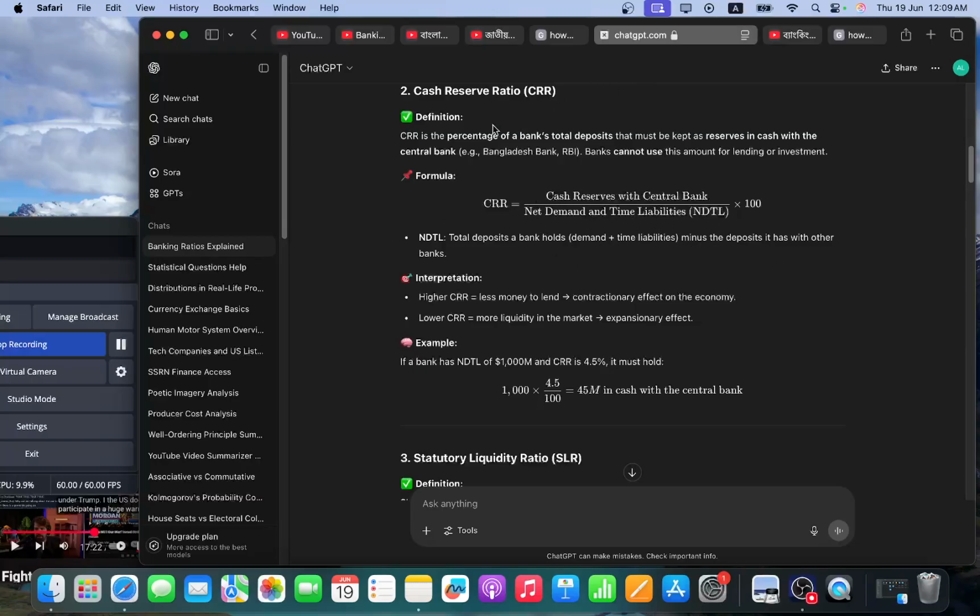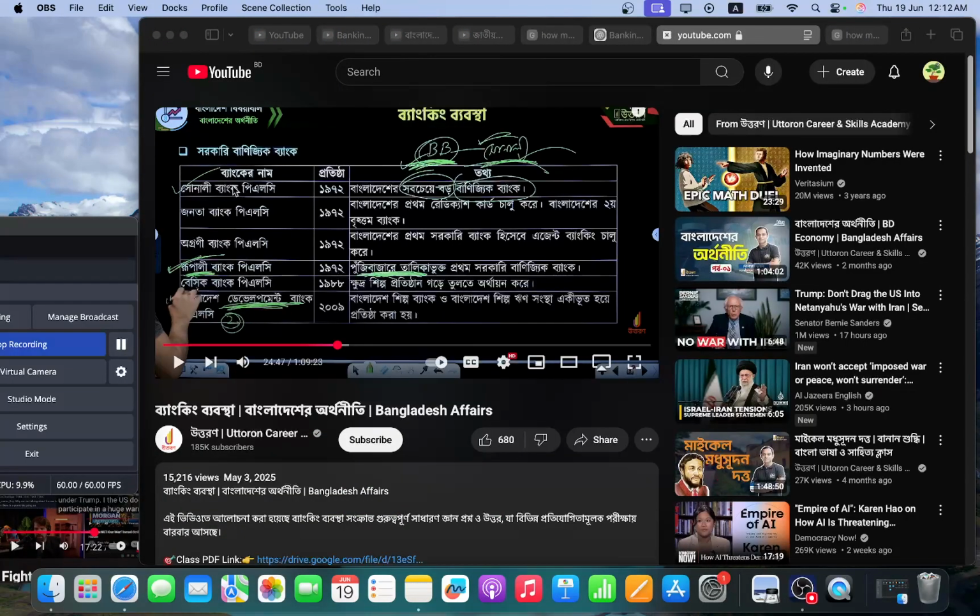Okay, I understand. Now this is a list of government commercial banks. The biggest one is apparently Sonali Bank PLC. Then there is Janata Bank, Ready Cash Card, they pioneered, and the second biggest one, Janata. The first one to start agent banking is Agrani. Rupali was the first one to be enlisted in the capital market.